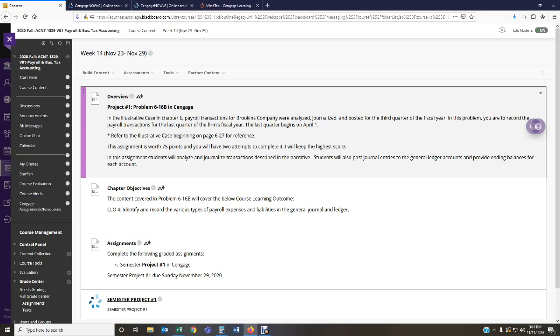And then, of course, these assignments, these semester projects are intended to strengthen your skills. That way you can do very well on your final exam. Okay, and it's also very useful. This is something that you're going to be doing when you're working out in the workforce. So being able to have hands-on experience in doing transactions for a quarter, journalizing, recording, doing accruals, all of that is essential for when you get a job in payroll or in accounting in general. You have that expertise and that hands-on experience.